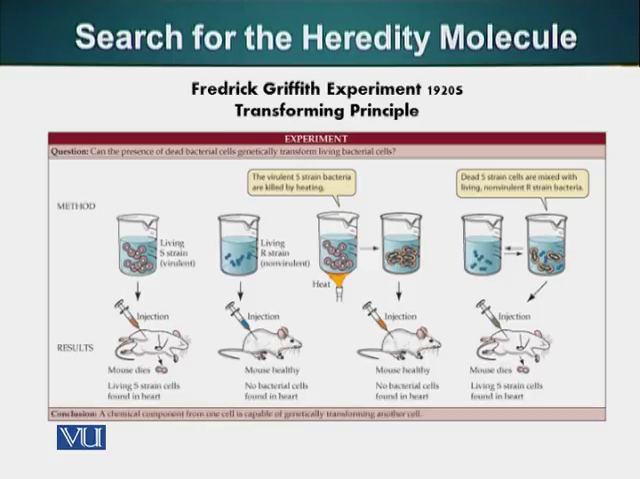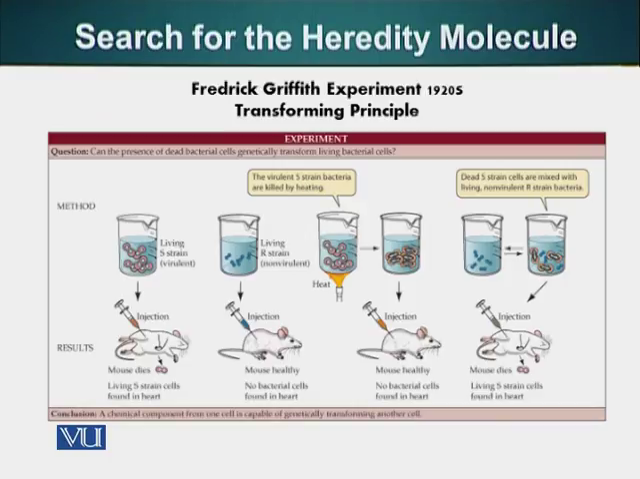So when Griffith inoculated mice with living S bacteria, the mice got the disease, they got pneumonia and they died. However, when he injected living R bacteria, the mice did not die. The living smooth bacteria, the S bacteria, make a capsule. This capsule is made up of shiny proteoglycan molecule, and